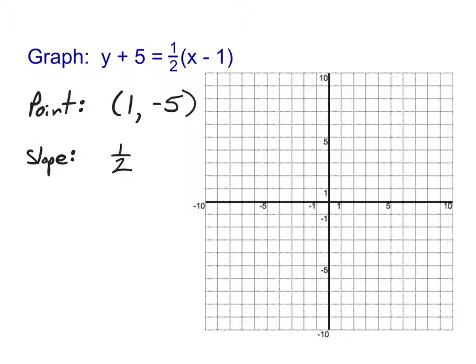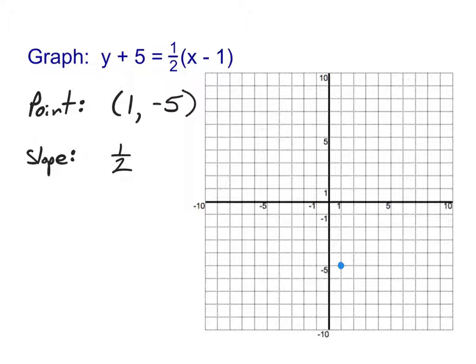All right, and so for this one, the point that we're going through is going to be at (1, -5), because it's telling me to go right 1, and it's telling me to go down 5. And so we're going to go right 1, down 5, plot that point, and that's going to be our starting point. And then we use our slope of 1/2, remember rise over run,